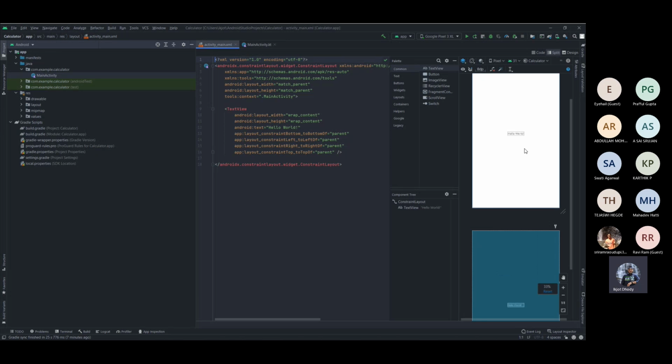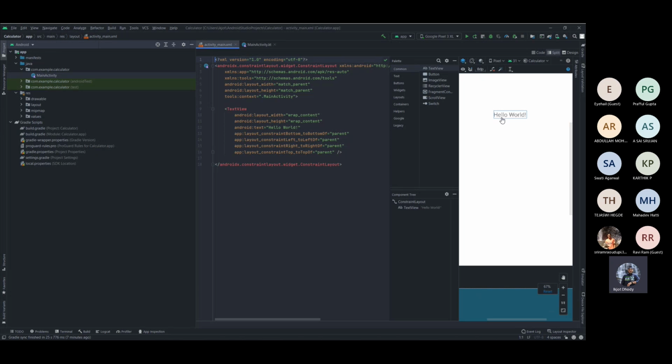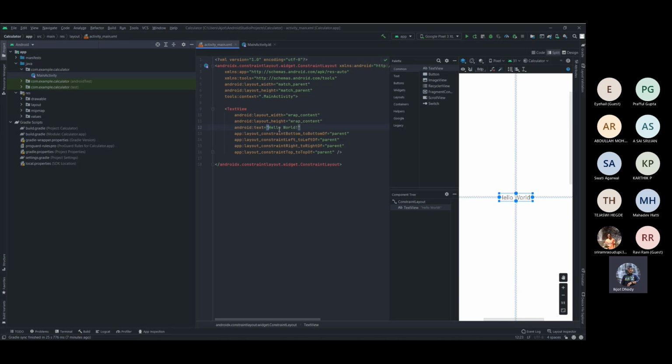So let me just zoom in here a little bit. As you can see, it's hello world. So this is where the hello world is actually being specified in our code. If we change this, you will see the change over here as well. So let me just put something like hello, and you can see that it changed over here. So it actually helps a lot